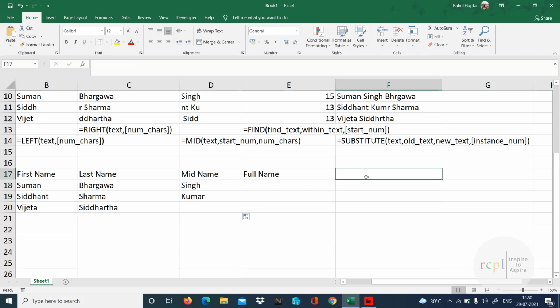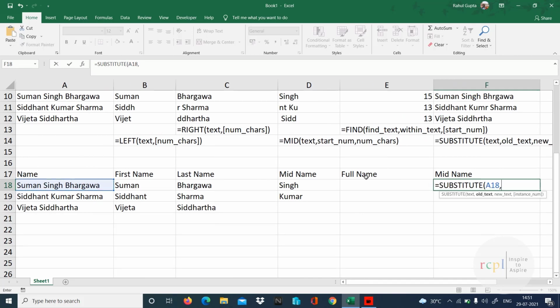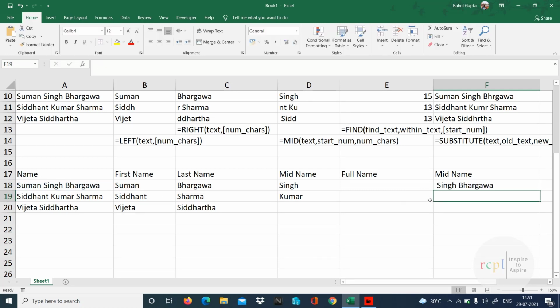I can use one more function for the mid name, but that function depends on first name and last name. That's SUBSTITUTE. But if the first name and last name are not there, this function will not work. Text is this one. I need to replace the first name in this with blank. So it gives me the mid name and last name.